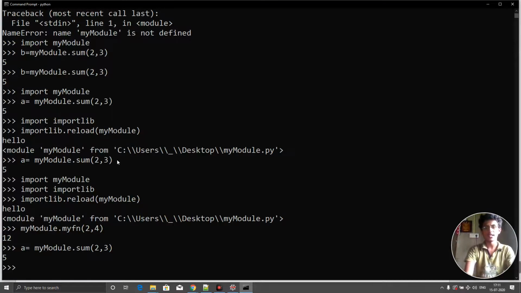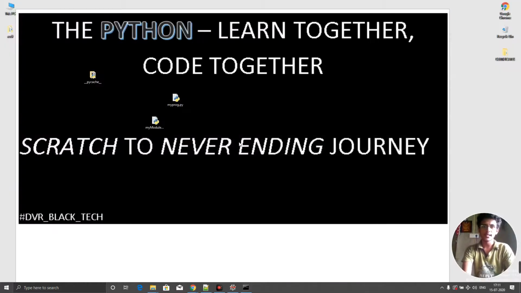That means we can add all those features to our interpreter by using importlib and importlib.reload. But if we delete something in that module, then that will not be deleted here without closing and reopening. You need to close and reopen this Python interpreter in order to work like that. I think you've understood a little bit more about this module, and we can even make this module directly executable